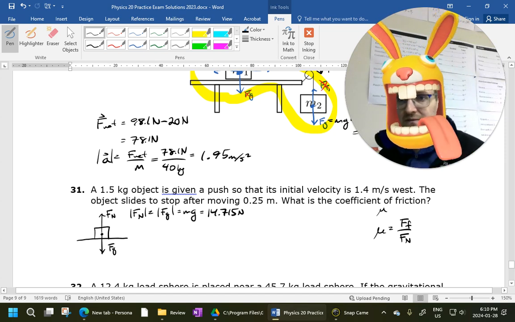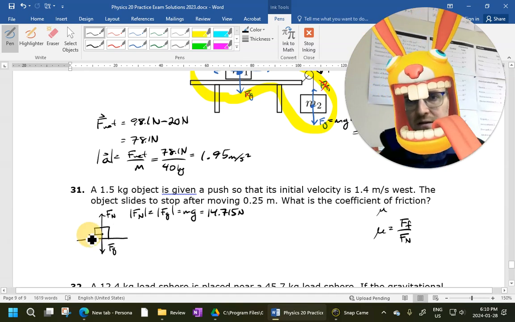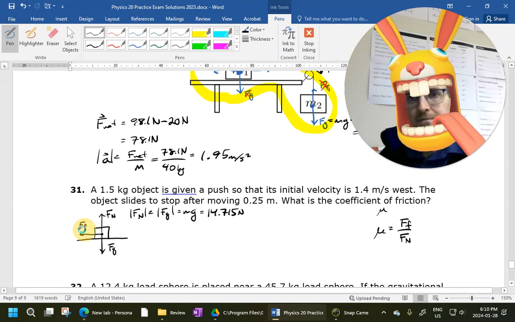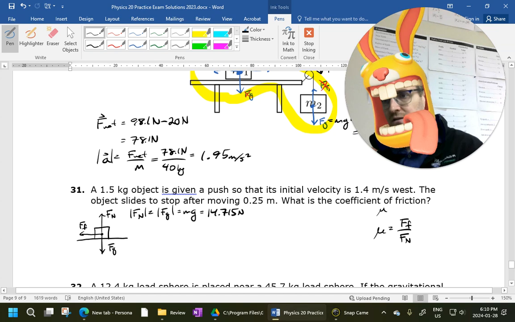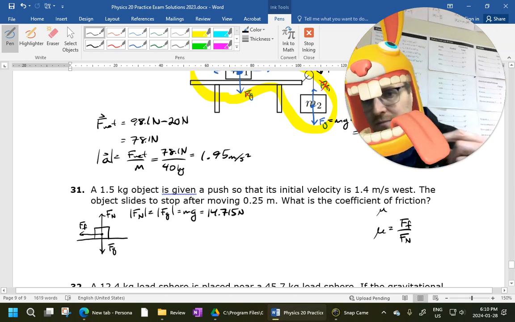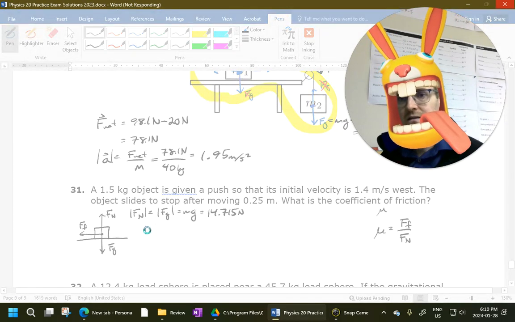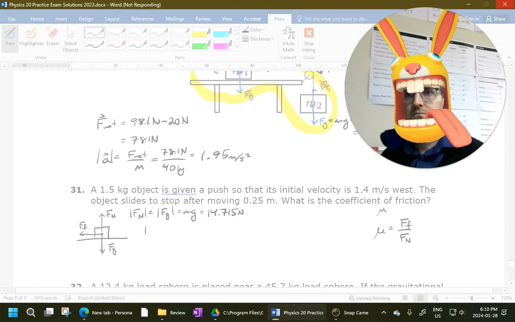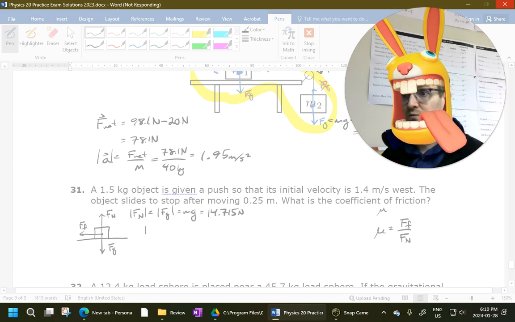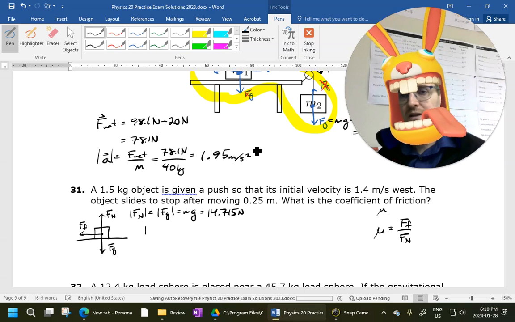Now the next part is to find out what the friction is. It's going to come to a stop, so there is a friction force here. After I push it, I'm not going to push it anymore, and eventually it's just going to come to a stop, right? So my F net